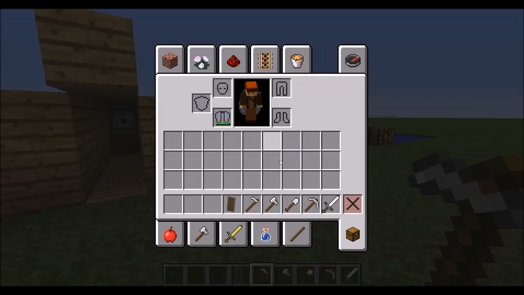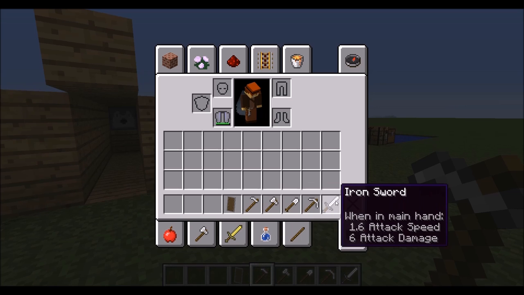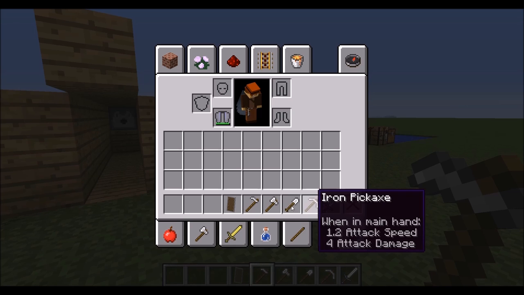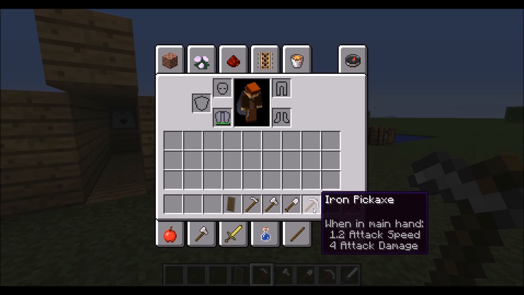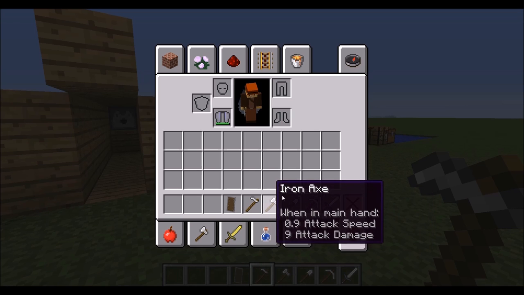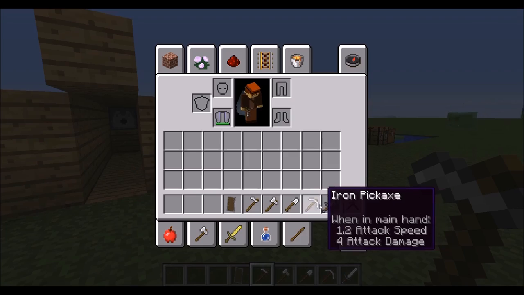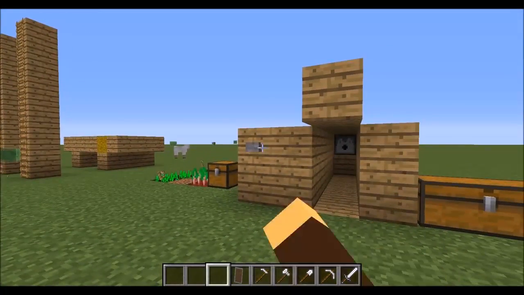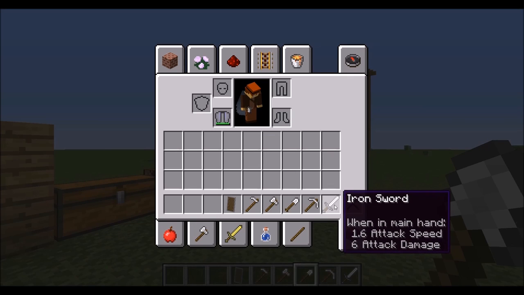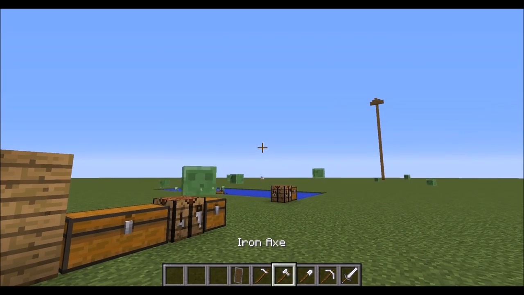Now then, axes are the most powerful with 9 attack damage on an iron axe. Swords come in second, and then pickaxes and shovels still aren't really great weapons to use. They have a faster cooldown than the axe, but they're not as powerful. And they have a slower cooldown than the sword, and still not powerful. I mean, they're still better than just punching stuff, but they're really not that great. So really your option is, do you prefer the sword, which can attack quicker, or the axe, which is more